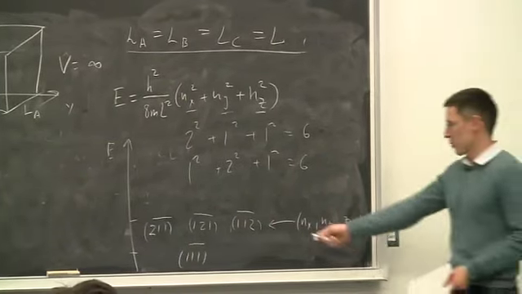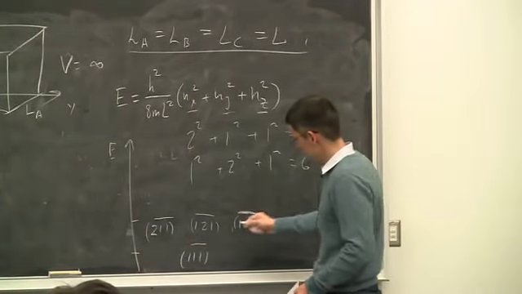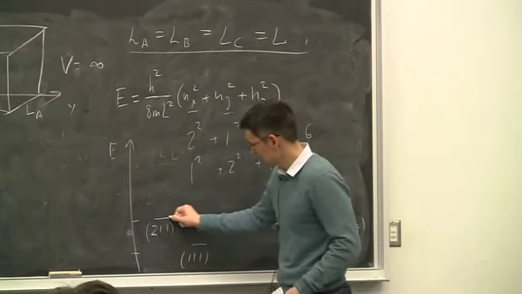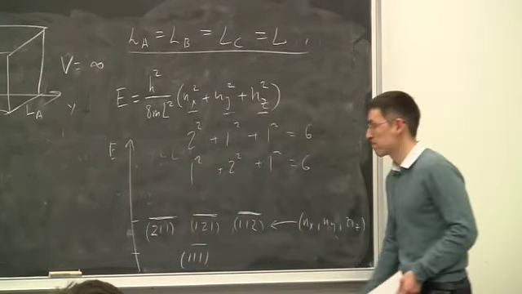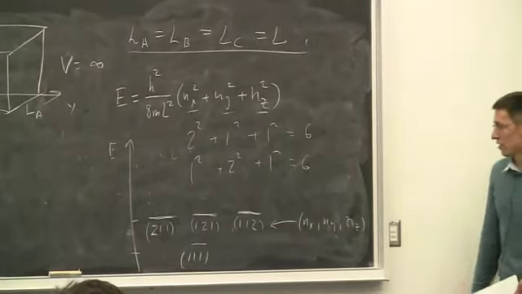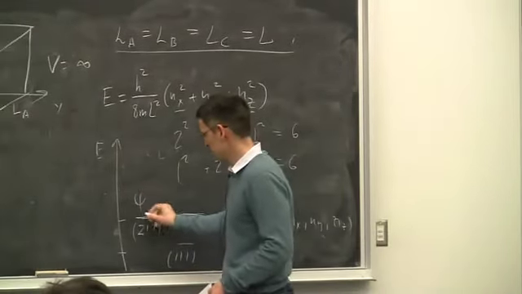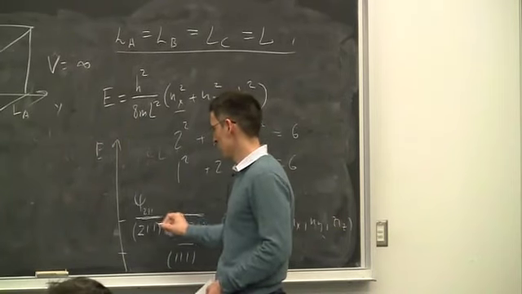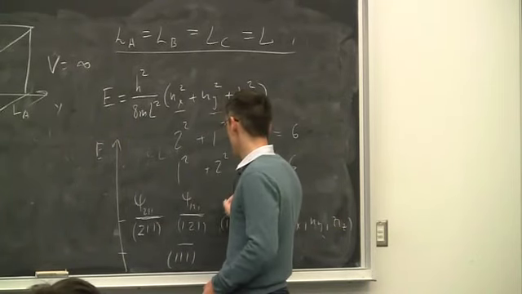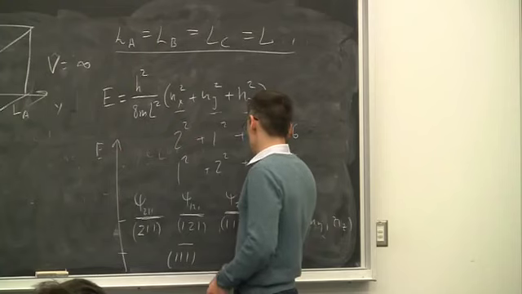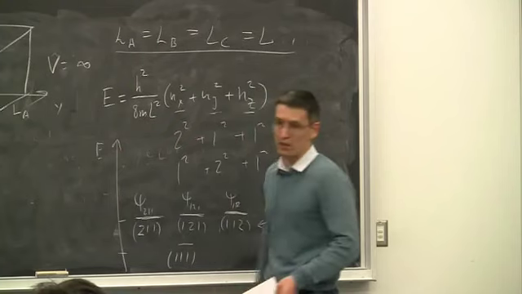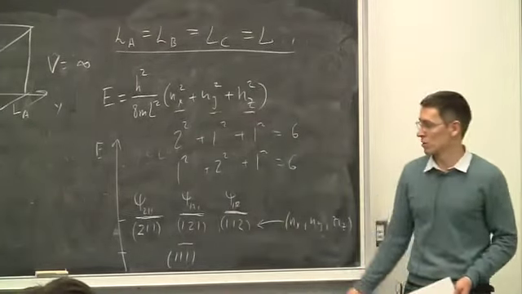Now, why are we separating them into 3 levels? Energies are the same, but our wave functions corresponding to these levels, 2, 1, 1, 1, 2, 1, 1, 1, 2, they all look different